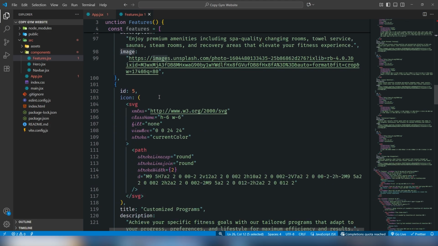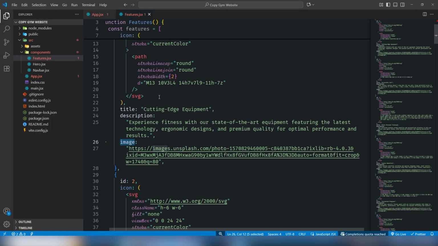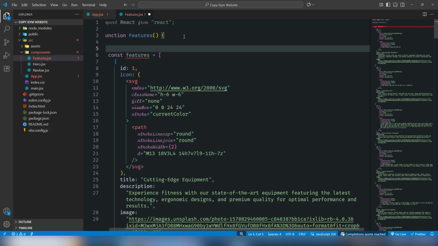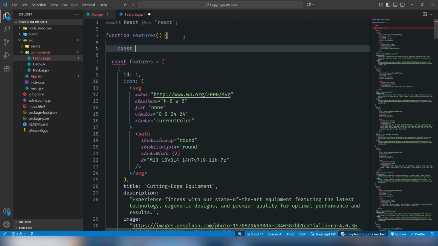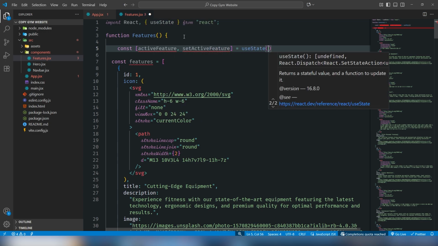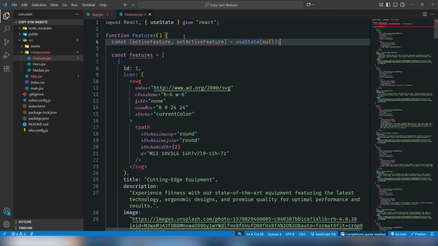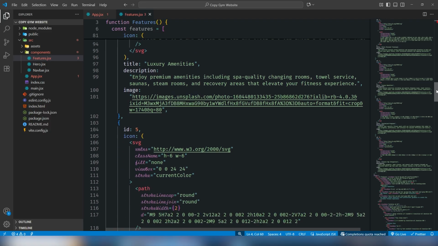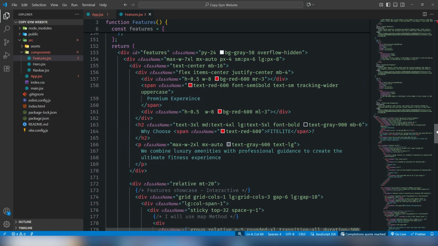So I need to move on the tone. Also I will use the state. Reason for using the state, when I click on the particular tab, then I need to get the particular content. So I use const active feature set active feature, use the state, and by default I will assign the values now. Okay, and what the next? Okay, I need to move on the tone. Give me a second. And this is the top,